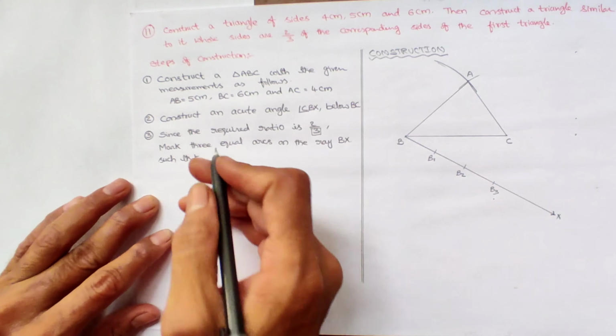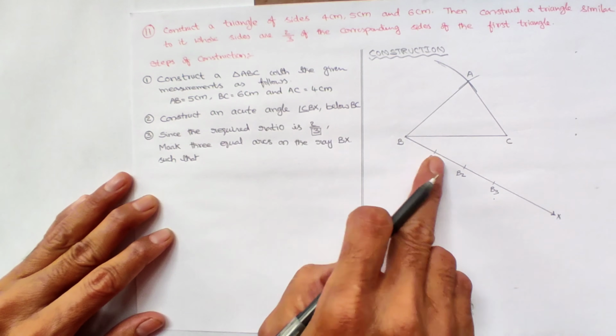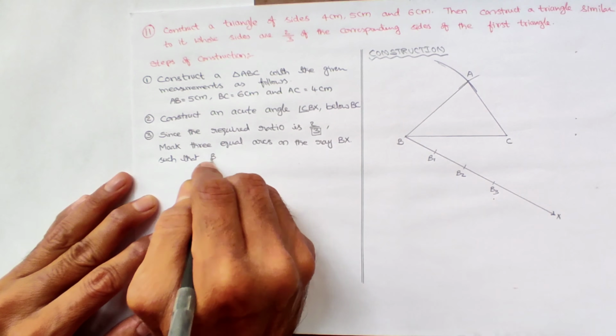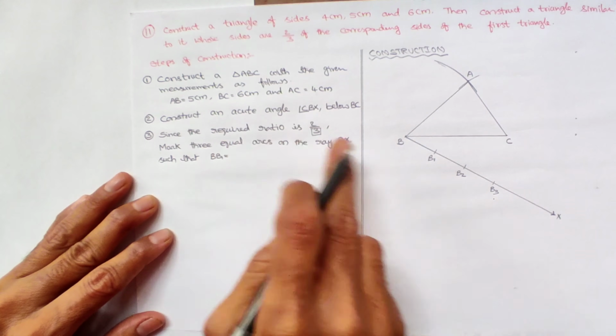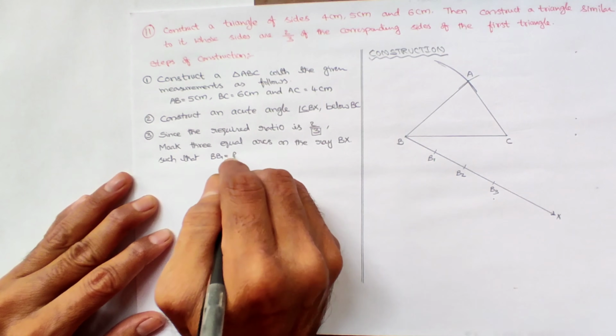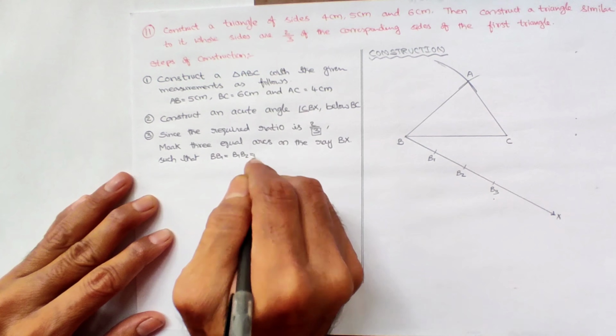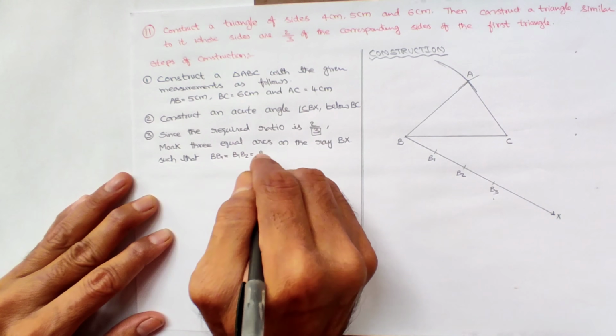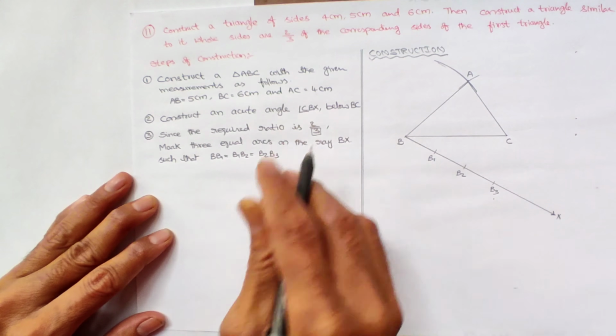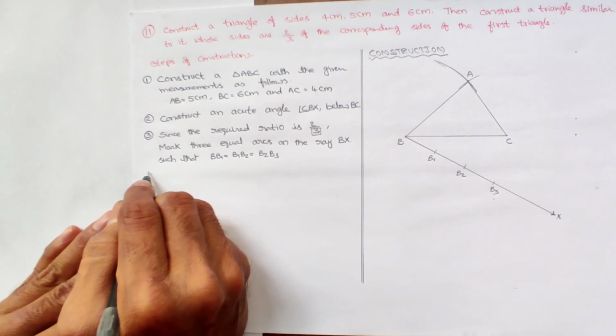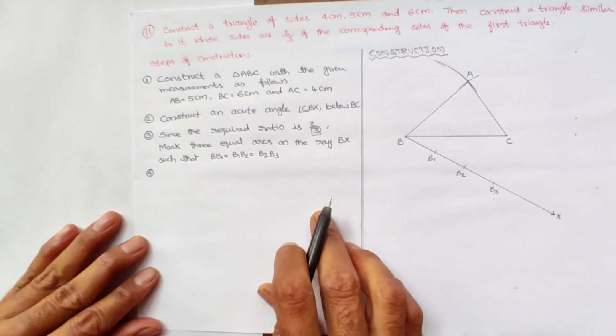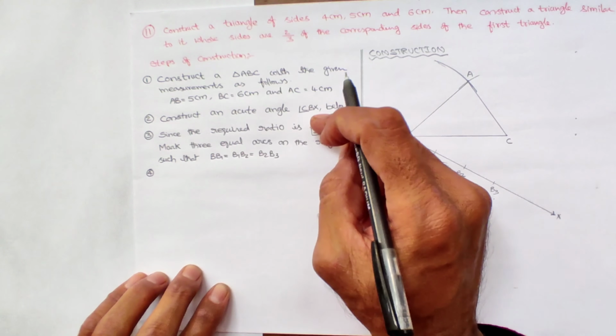Now here, such that the condition is the distance between B1 should be equal to B1 B2, that should be equal to B2 B3. Now let us see the next step. Once you observe carefully, the required ratio